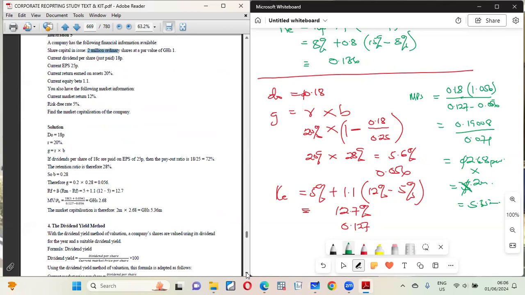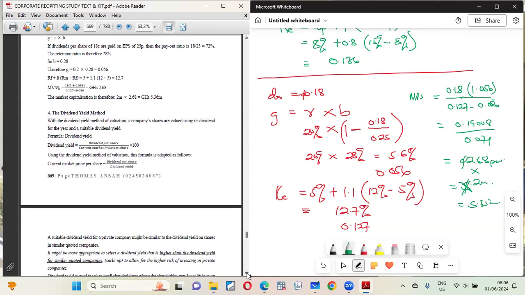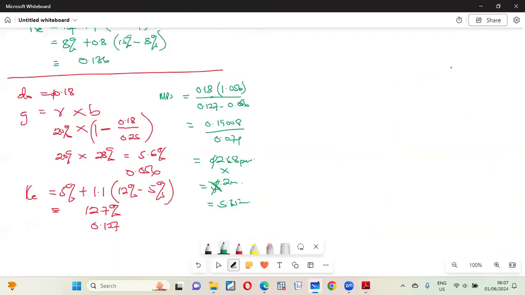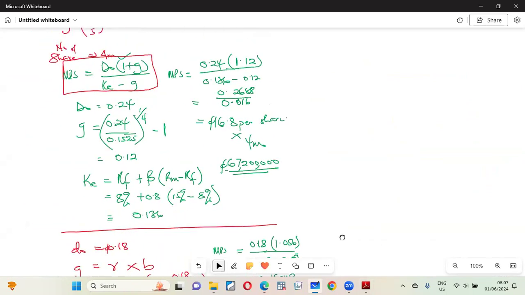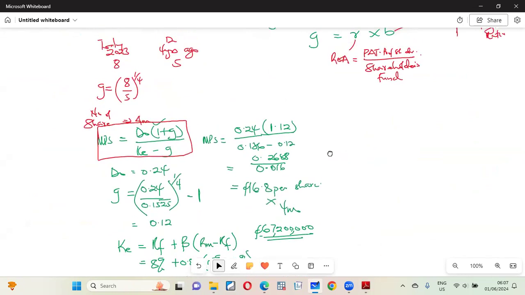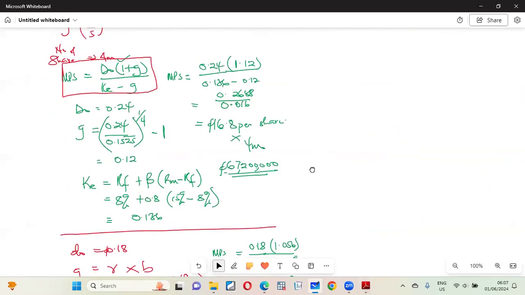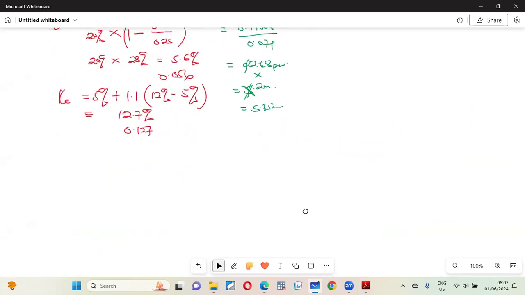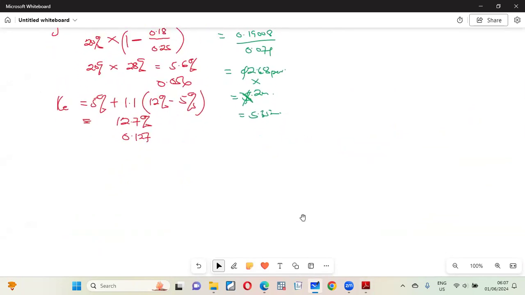So let's look at the other formulas in the next 20 minutes. And in our next class, we will focus on solving problems of this business valuation. So let's look at the remaining formulas. So we have done the asset-based methods. We have also looked at the dividend valuation model. Using the dividend, we also have another one,